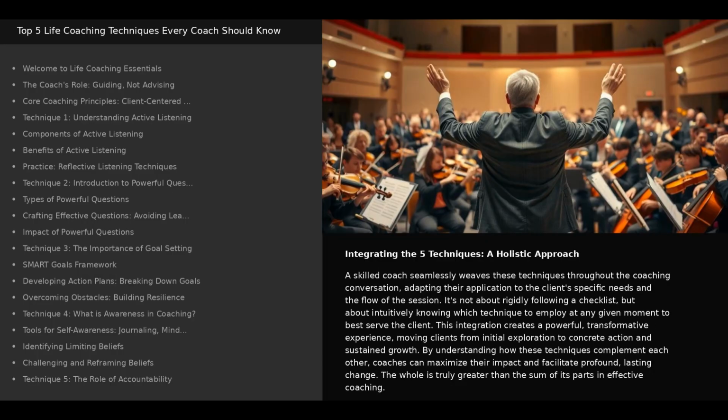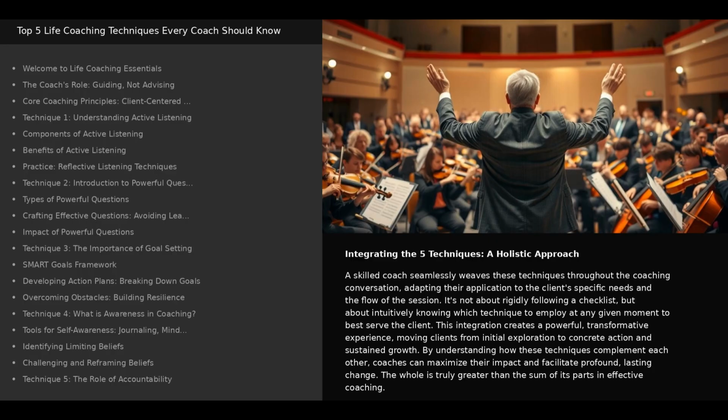A skilled coach seamlessly weaves these techniques throughout the coaching conversation, adapting their application to the client's specific needs and the flow of the session. It's not about rigidly following a checklist, but about intuitively knowing which technique to employ at any given moment to best serve the client. This integration creates a powerful, transformative experience, moving clients from initial exploration to concrete action and